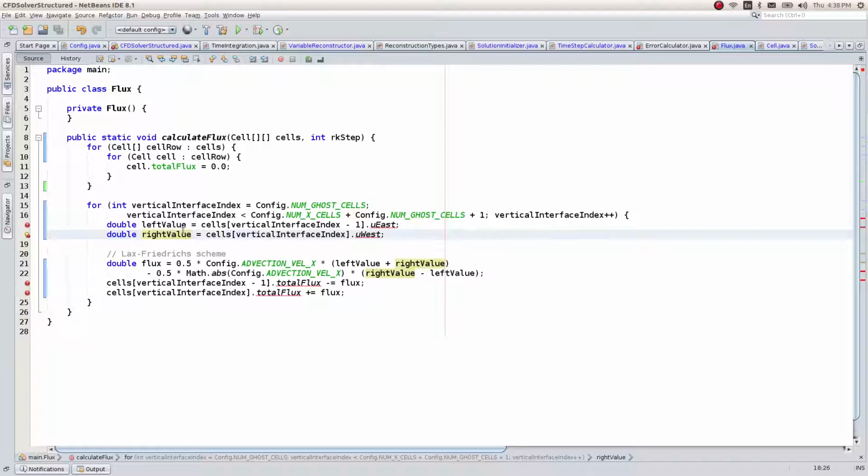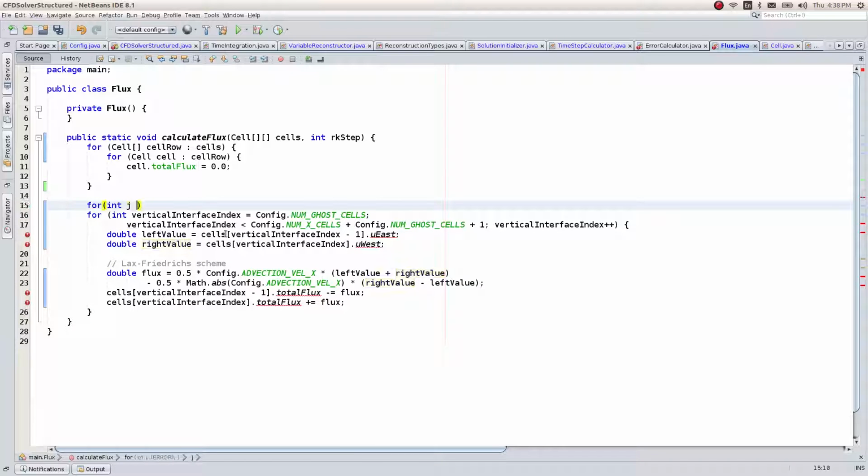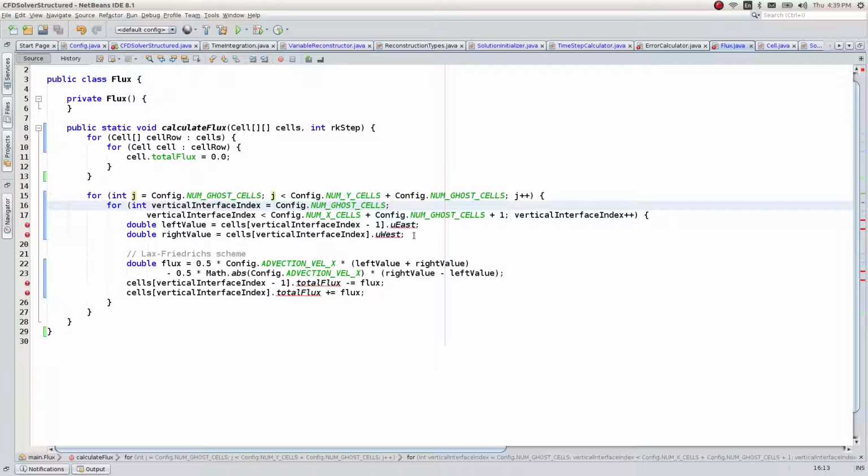but now we have a lot more vertical faces. For every row in our mesh, we have a set of vertical faces, so we need to traverse through all the rows one at a time, and that is why this additional for loop is coming in here. And other than that, the vertical faces is going to remain identical to what we have done in case of